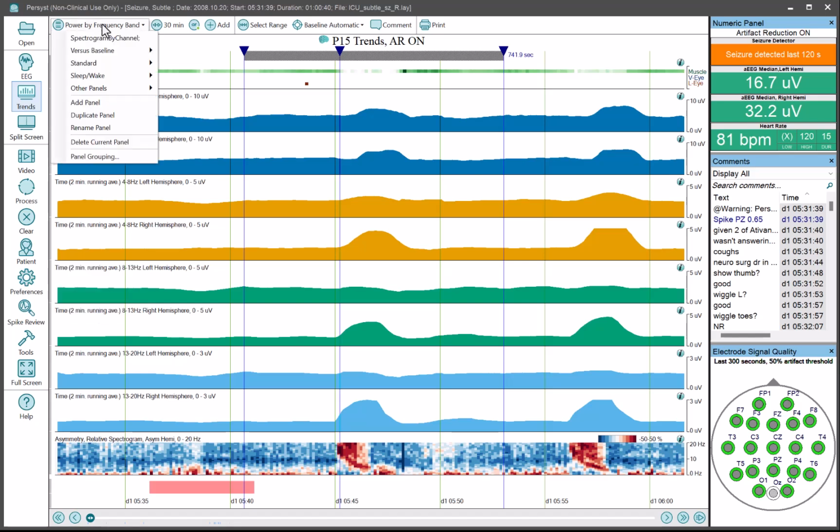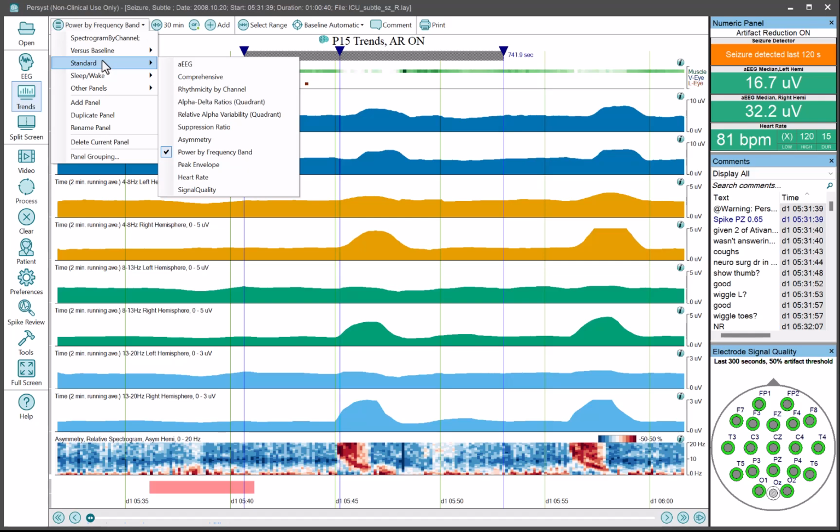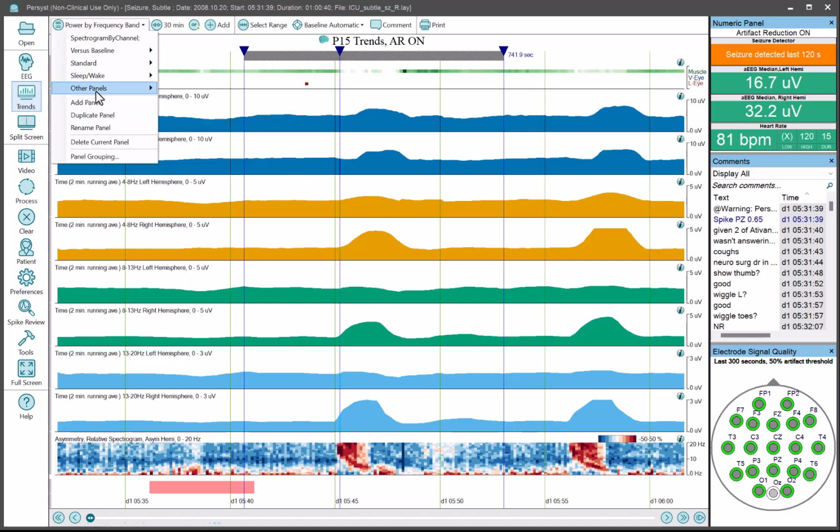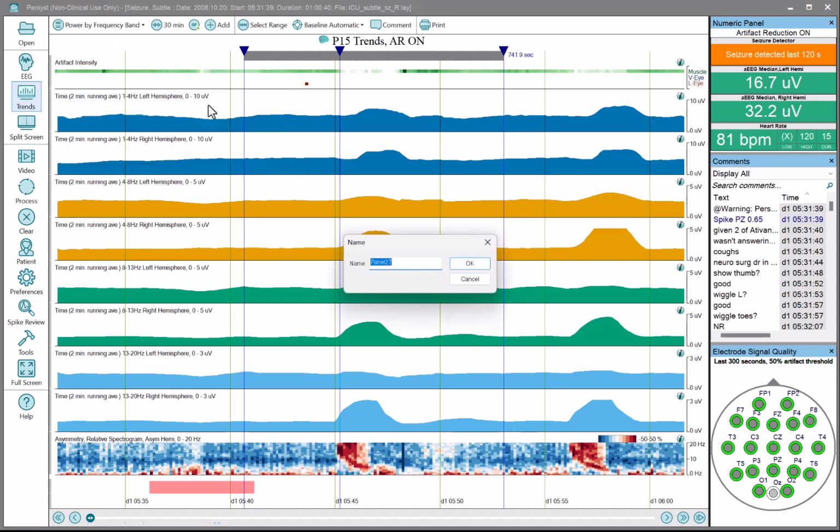This is going to be saved with this recording, but if I was going to do this with other recordings, I'd want to create a new trend template to do this. I wouldn't have to reprocess either. I'm not calculating new channel pairs or different parameters. I could apply a modified trend template that has my research trends set up, and I wouldn't have to reprocess as long as I'm not changing the channels or the calculation engine parameters. Easy. All right, so I'm going to add a panel, and we're going to call this band power by